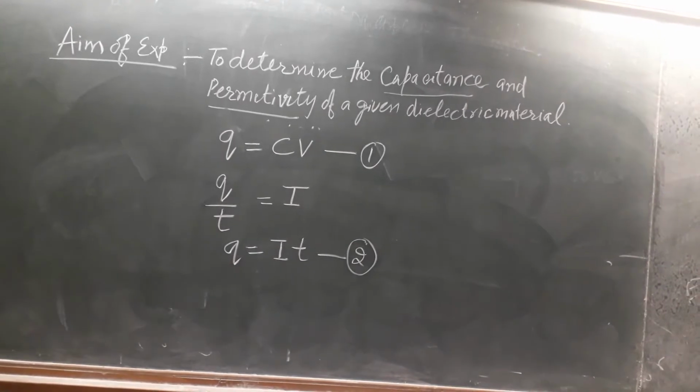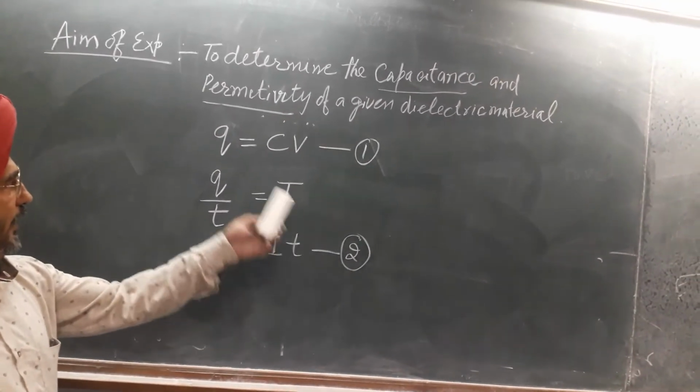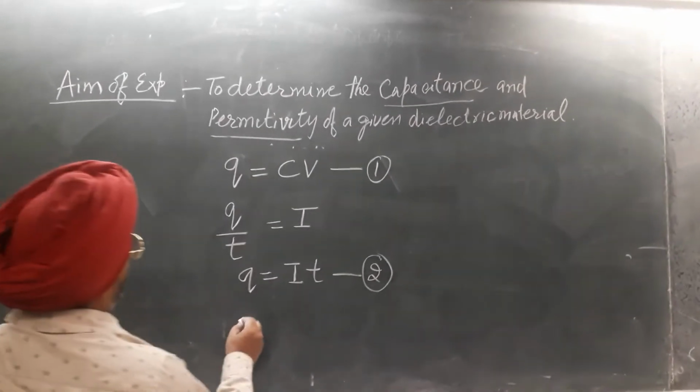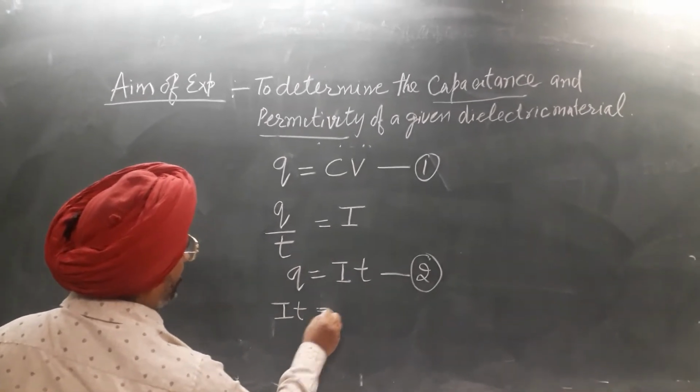By substituting the value of Q from equation 2 into equation 1, we get I T is equal to